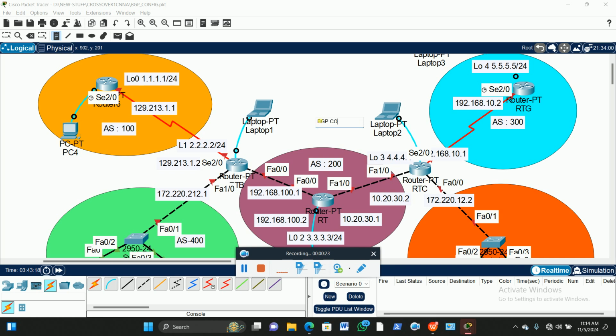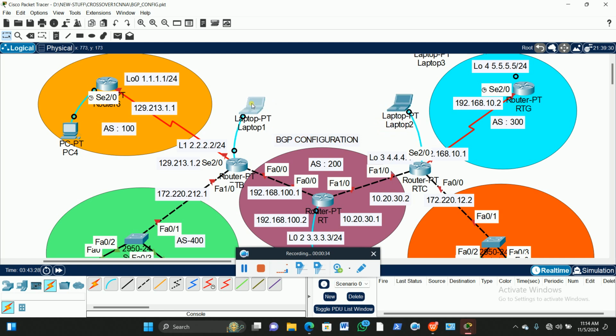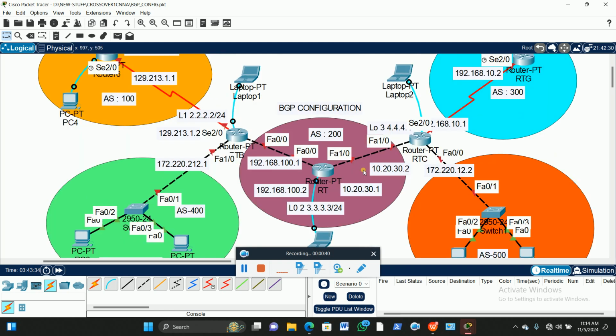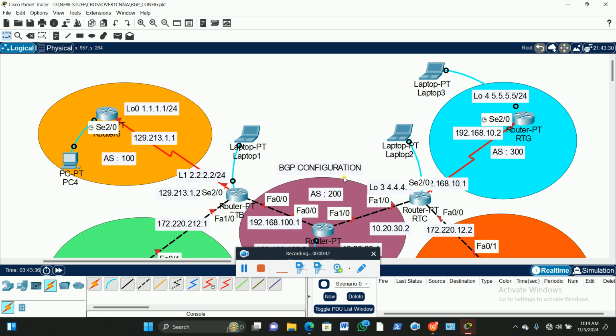BGP configuration. This was the assignment that I gave out, and I said all of you, both those that are offline and online, should try their best on it. On the top left corner, we have a router over there,